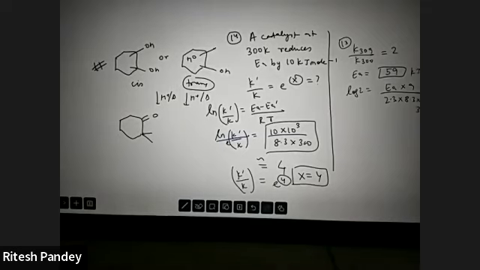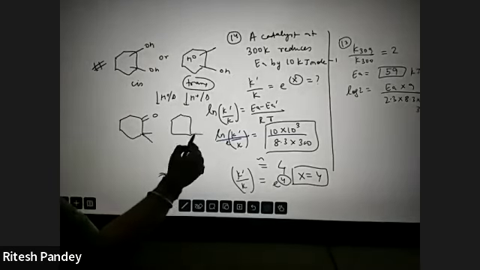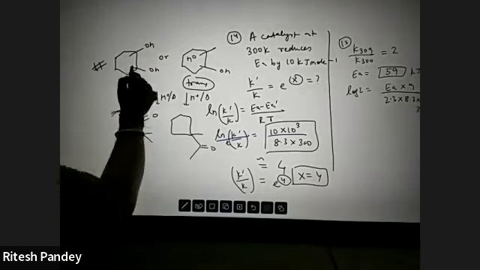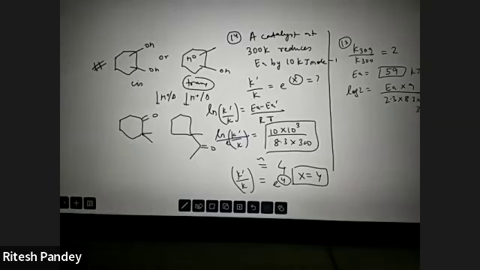ये बात बताया था कि क्रॉसओवर प्रोडक्ट में नहीं होता, इसका मतलब बाय द टाइम द लीविंग ग्रुप गोज आउट, इसमें तो पिनाकोल जैसे होता है वैसे ही होगा, इससे ये बनेगा। ट्रांस वाला से ये होगा, मैं बताया था ना, बाय द टाइम द लीविंग ग्रुप गोज आउट, द माइग्रेटिंग ग्रुप हैज ऑलरेडी स्टार्टेड माइग्रेटिंग। ये सब बात में बताया था ना तुम लोग को, क्रॉसओवर प्रोडक्ट नहीं होता है।